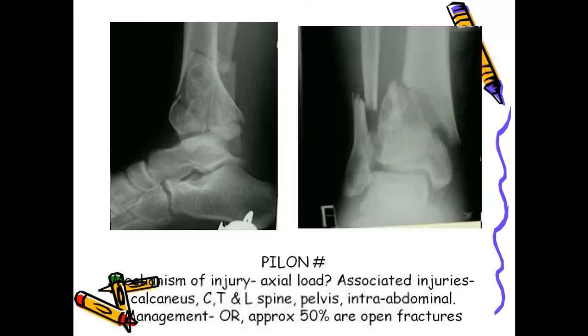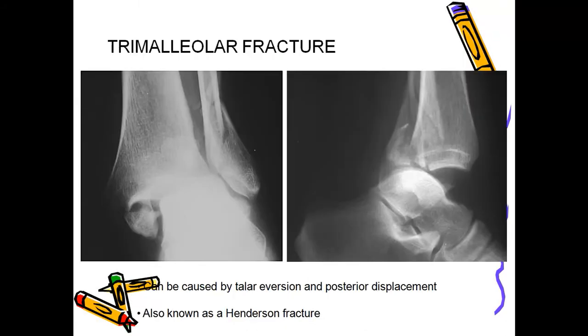Next, the next one is the trimalleolar fracture. This is a fracture of the malleoli. I think you must know that there is a third malleolus also for the distal end of the tibia. What are the malleoli? Do you know? Tell me. Anyone? Medial and lateral malleoli, sir. Medial and lateral malleolus, which are commonly seen in the AP view. And also in the lateral view, you can see the posterior malleolus. This is the posterior malleolus.